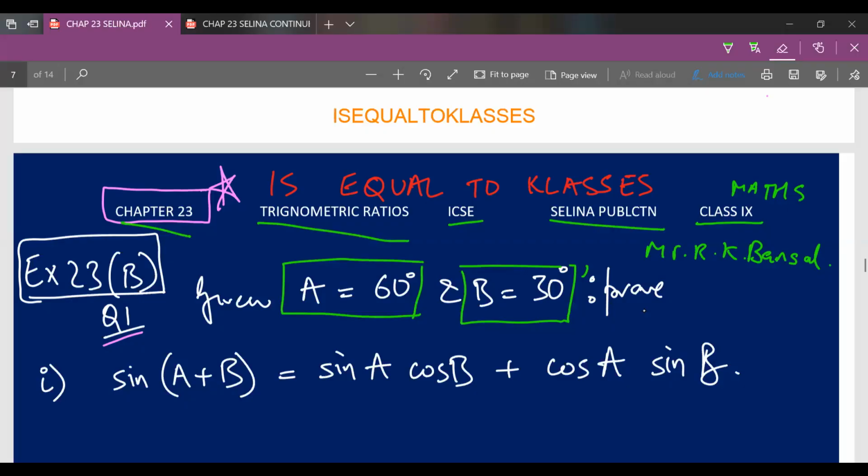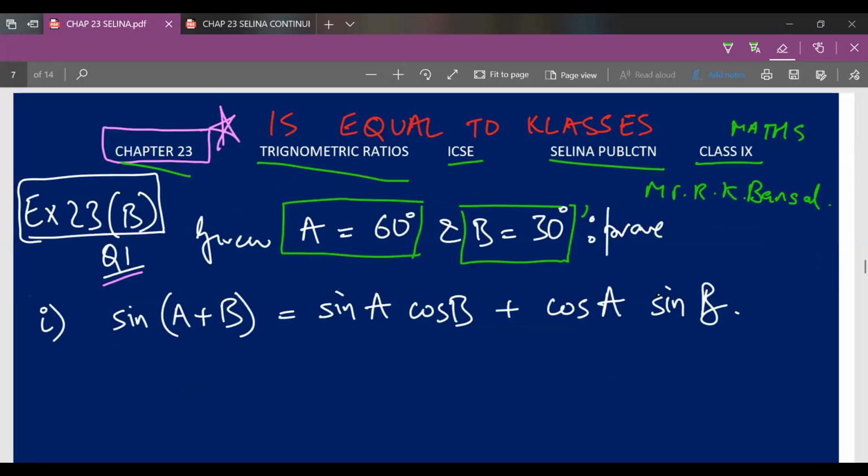Now in this question, all you have to do is substitute the value. So say for example A is 60 degree, so whatever alphabets are A in the LHS as well as the RHS, A is equal to 60 degree. So wherever there's A in any one of the LHS or RHS, you have to substitute the values, and the same goes for B. So all we have to do is substitute our values on both the sides. So we'll start.